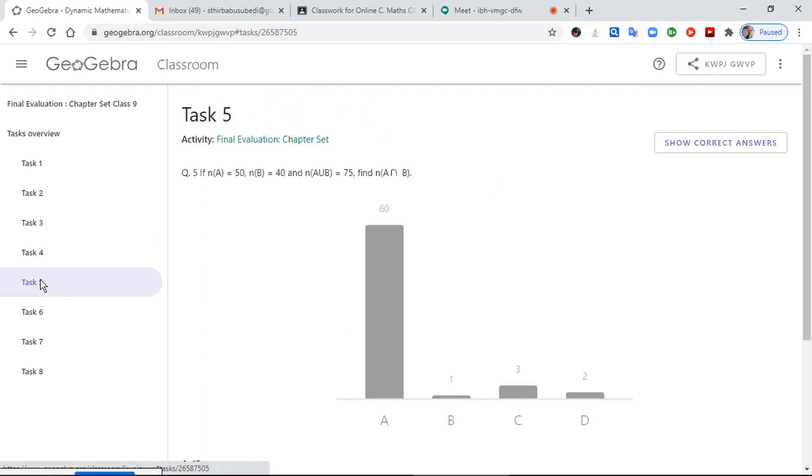Oh, sorry. In task 3, only 1. And maybe in task 4, here are 2 options. Option A and C is the correct answer, dear students. Yes. Option A and C are the correct options. Now task 5. Can you guess which is the right answer? A. 59 students got